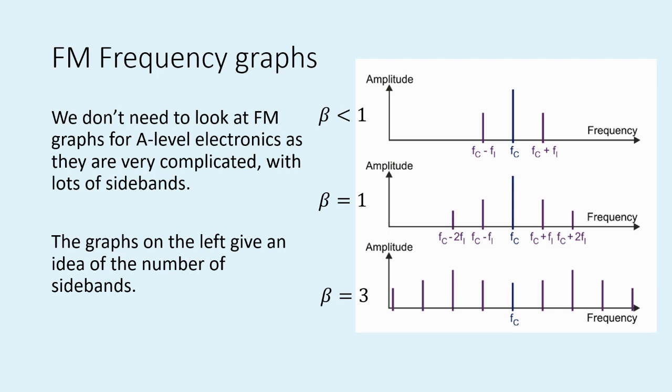And we don't need to know the FM graphs for A-level electronics. They are very complicated with lots of sidebands. The graphs on the right, sorry for the typo there, give an idea of the number of sidebands present. So the bigger beta, the more the modulation, the more sidebands you've got, and you don't need to know how many there are. The sidebands are one lot of the information frequency away, so that's the carrier frequency -1 plus 1, that's -2 plus 2,